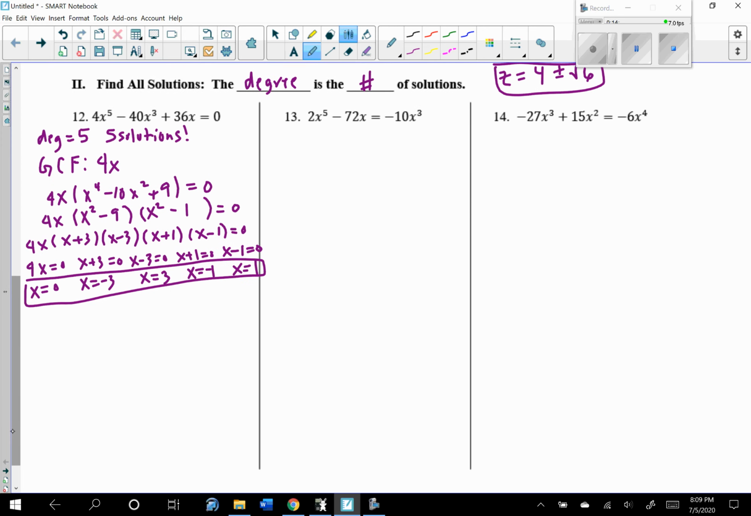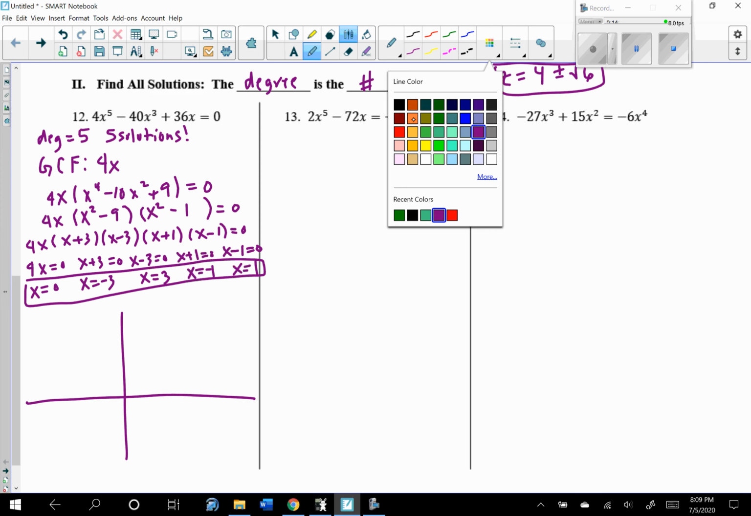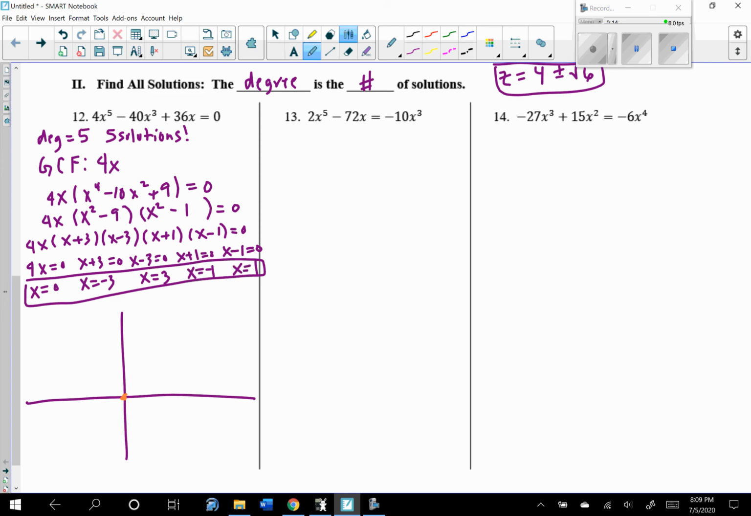If we were to think about doing what we did the other day, we could think about graphing this. If I think about graphing this on my graph, I would have zeros at 0, negative 3, positive 3, negative 1, and positive 1. And then this is degree 5, so this is odd, and the leading coefficient is positive, so that means if it's odd